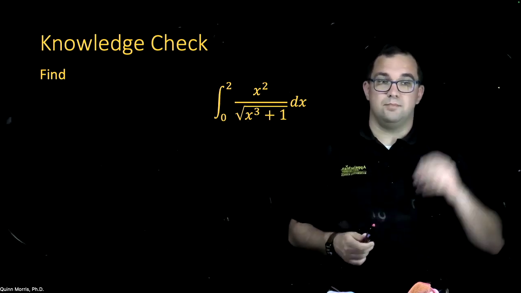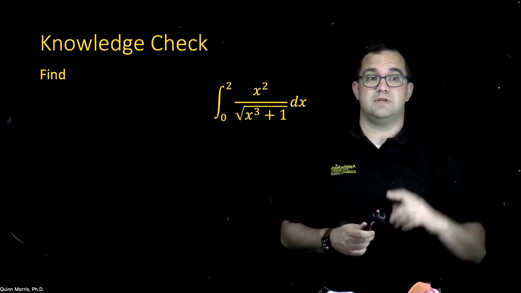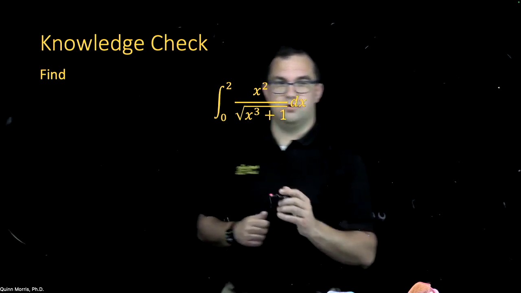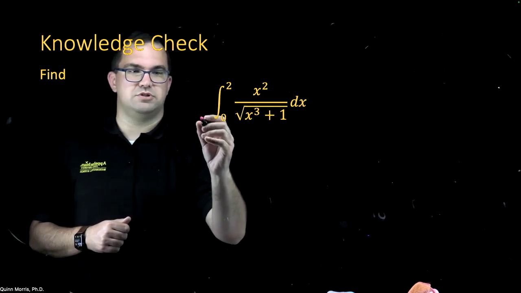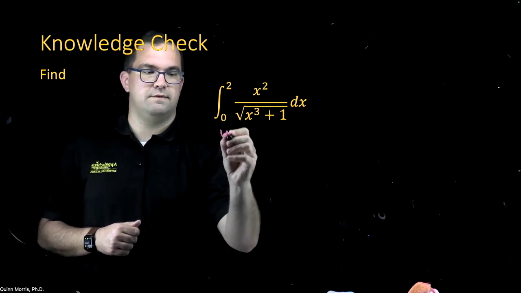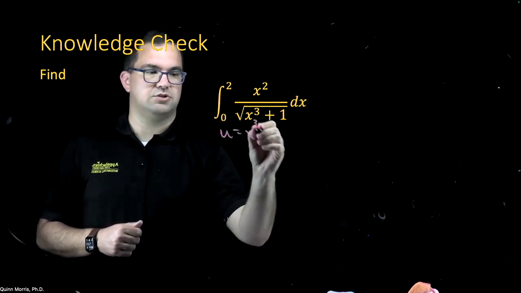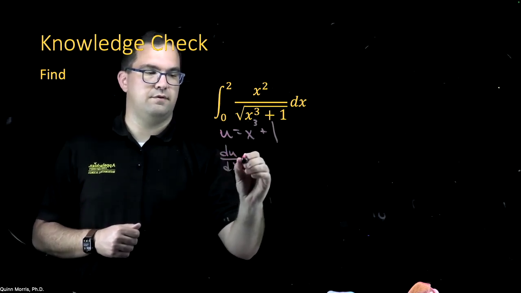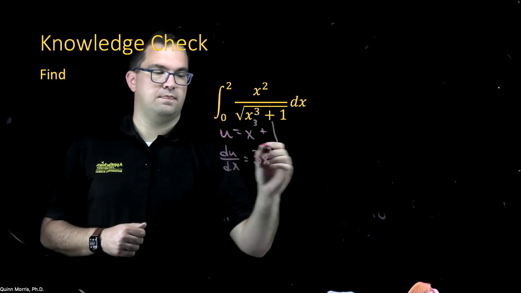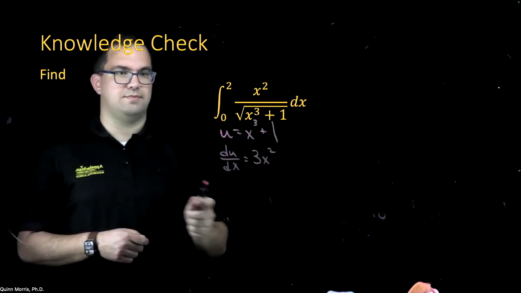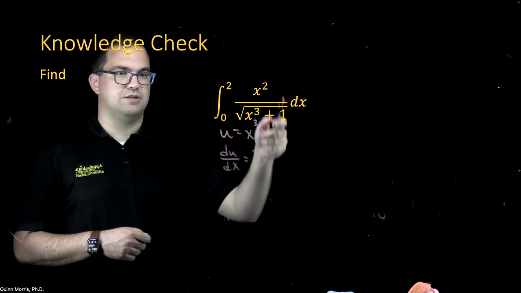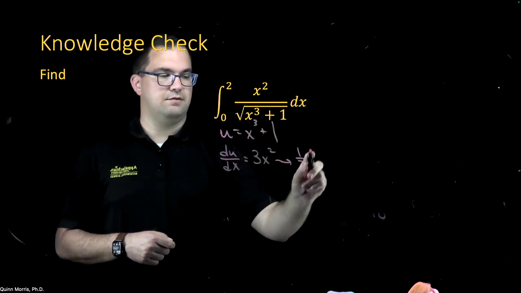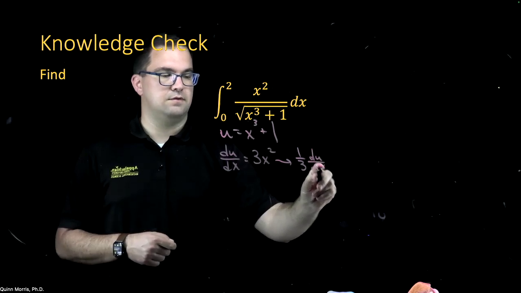In this case, I'm actually going to employ the second method. I'm going to convert the limits of integration at the same time I do my U-substitution. So here, in order to do my U-substitution, I first need to identify a function. So in this case, I'm going to use x cubed plus 1 and its derivative, which would just be 3x squared. Now you might be saying, I don't see a 3x squared sitting up here. I just see an x squared. So I may need to use the fact that I could rewrite this